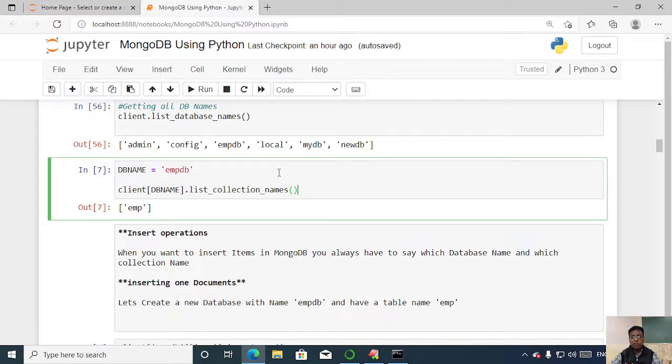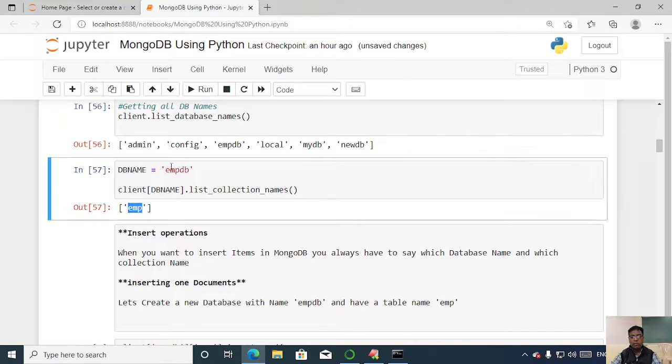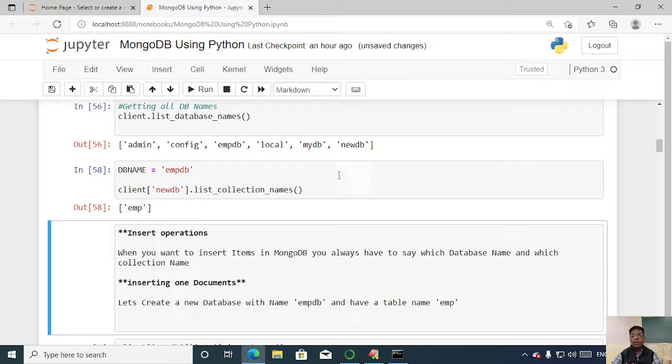Right now you can see emp is the only collection available inside empdb. Here, instead of this, if I use newdb and then execute, inside newdb I also have an emp collection.